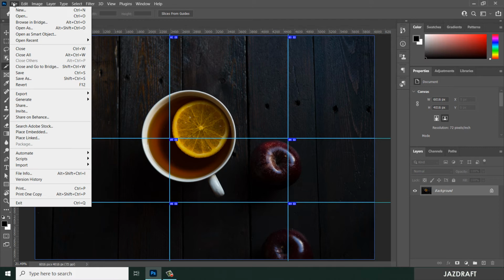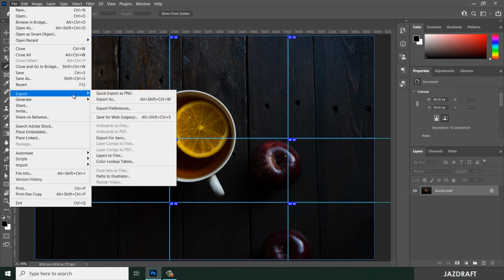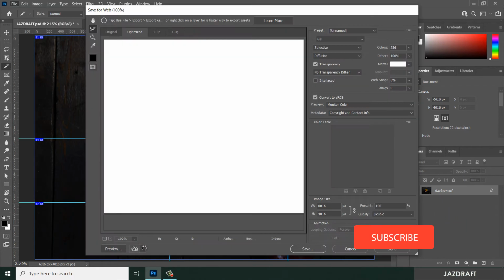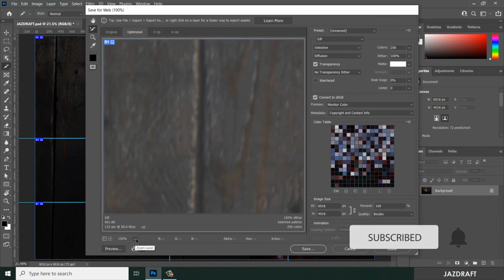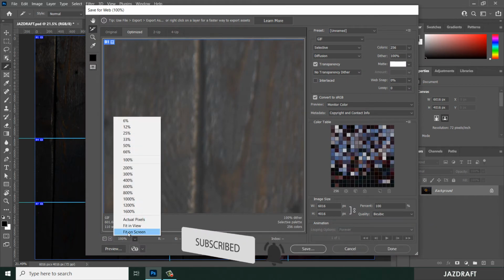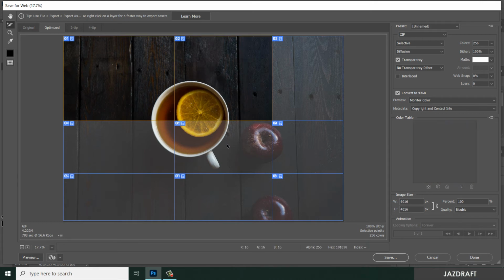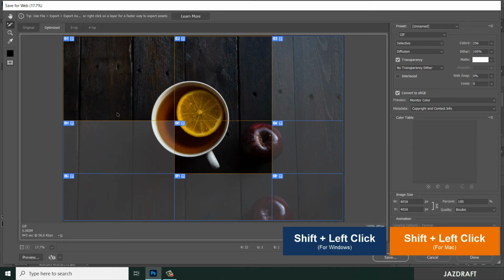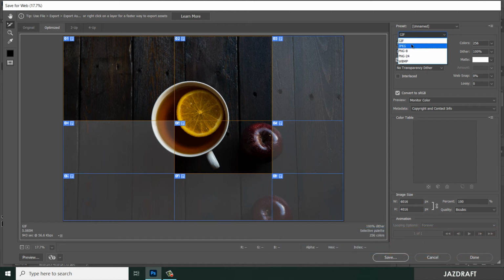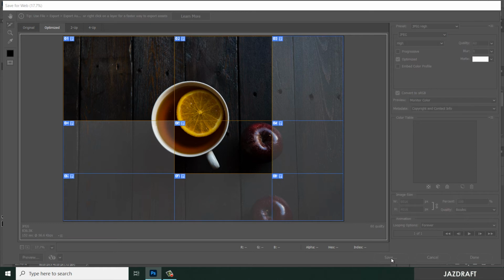You can save it. Let's say under File, Export, then Save for Web. Then we can click on this drop down and click on Fit on Screen, so we can see the images. What we can do also here is hold Shift. Let's say we just want to select the selected slices. Make sure you choose JPEG and click on save,